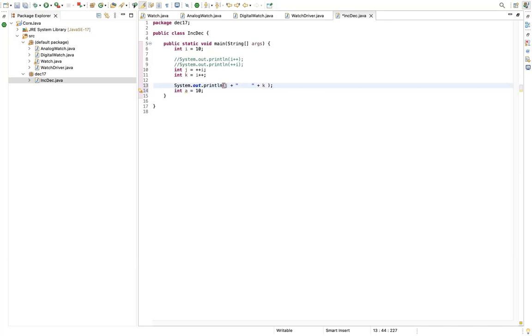In the sysout itself, yeah, we are not assigning anything right now. We're just going to see how pre-decrement and post-decrement work. You already have lines number 8 and 9, right? Just copy them and replace the plus with minus.